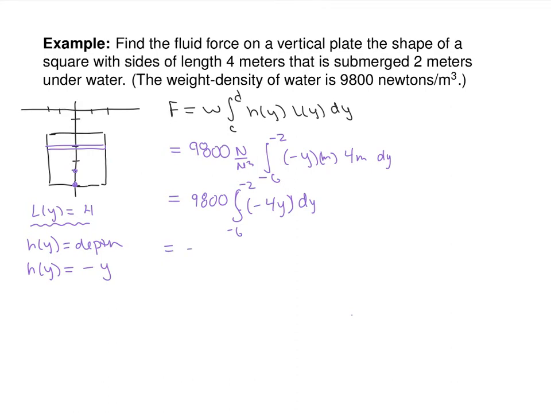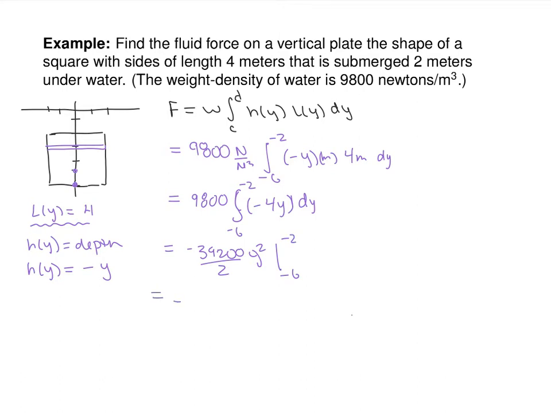So that's -39,200 over 2 times y squared, evaluated from -6 to -2,